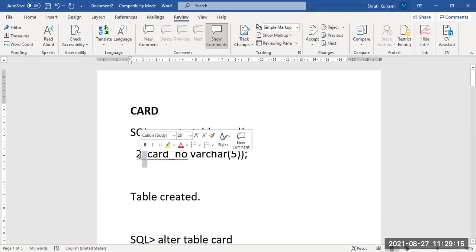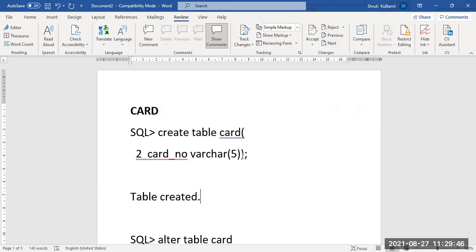This part is not included when we copy and paste, that will come here. And for this card number entity attribute, I have provided it as a varchar. They have mentioned it as a number, but I don't want to cause confusion, because you are going to have a book ID number, a branch ID number, and a card number here. So you will get confused, 101, 501. For that purpose, for your easier understanding, you have to take varchar.